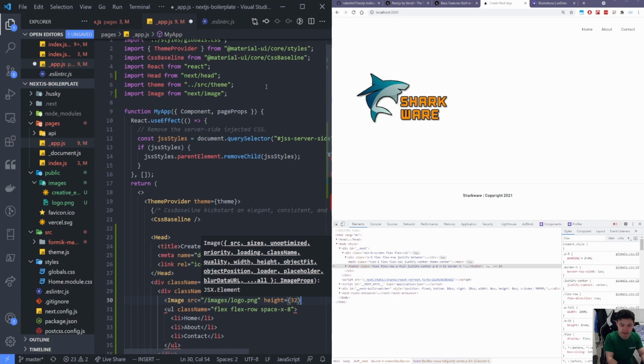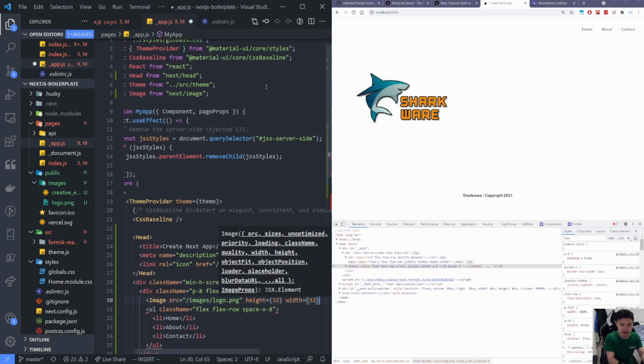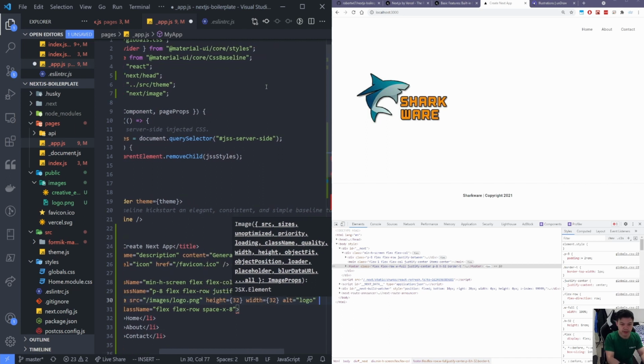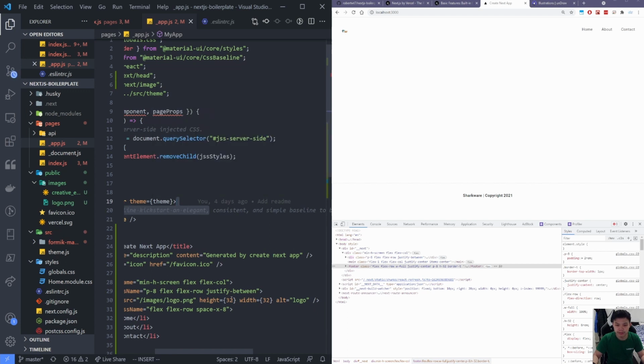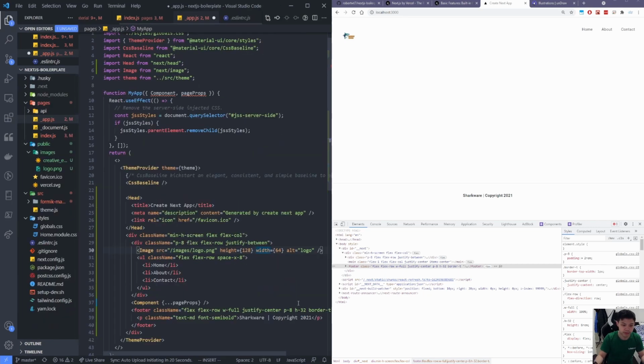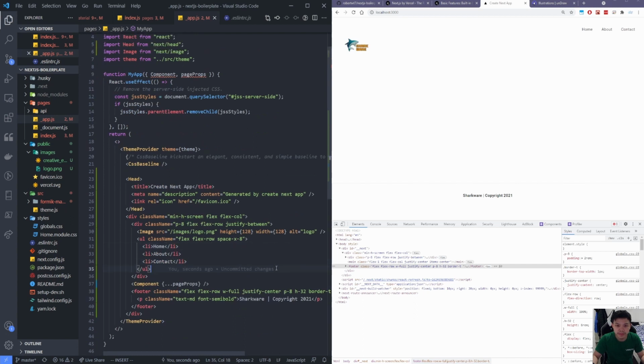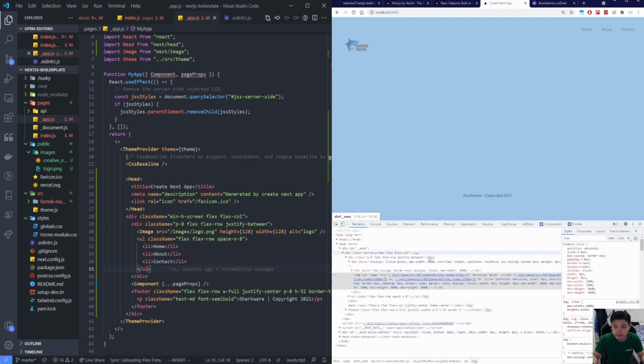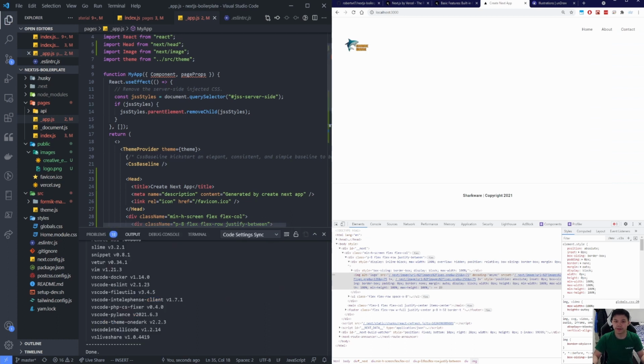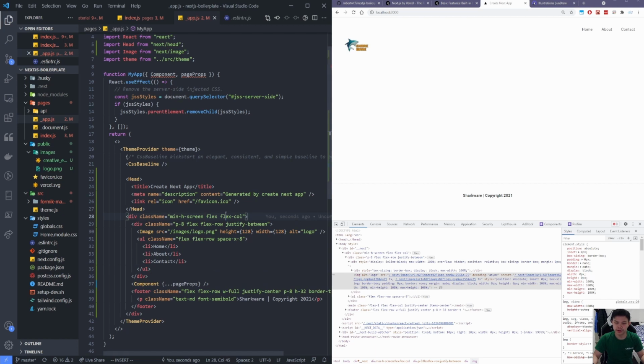I think the property is height and width, which is square, and then there's alt logo, and I'm just gonna close that. Now, wow, that's too small for our app. That is still too small. Okay, that looks pretty okay for me, although it's a bit blurred over there. We are going to fix that later. Now we can see that